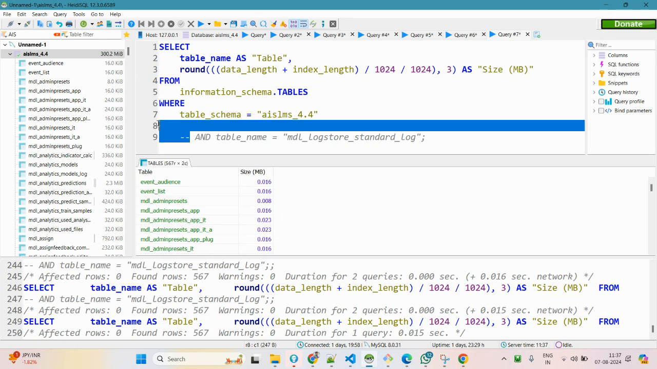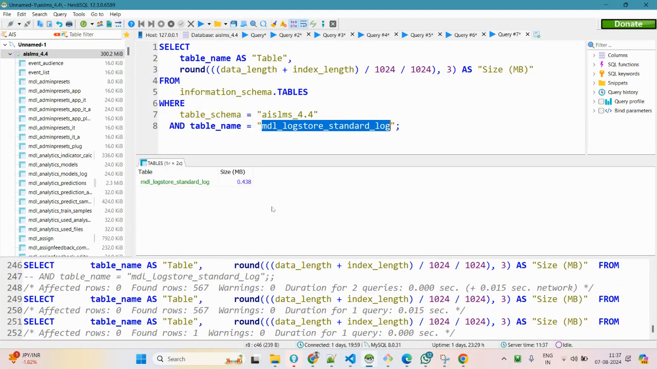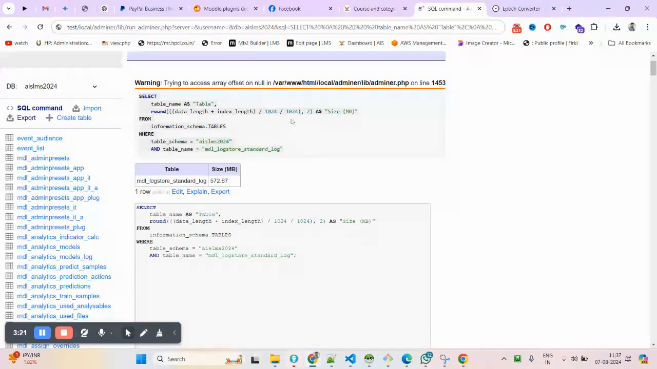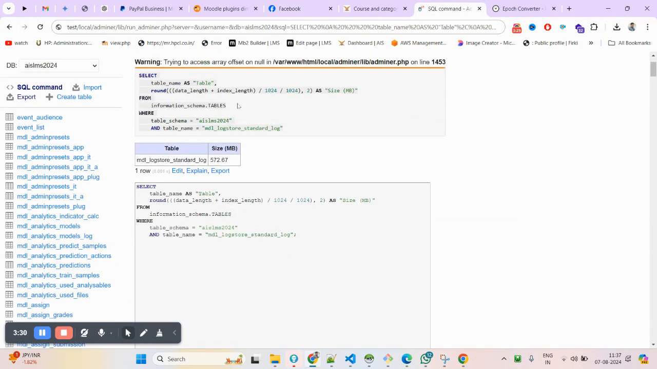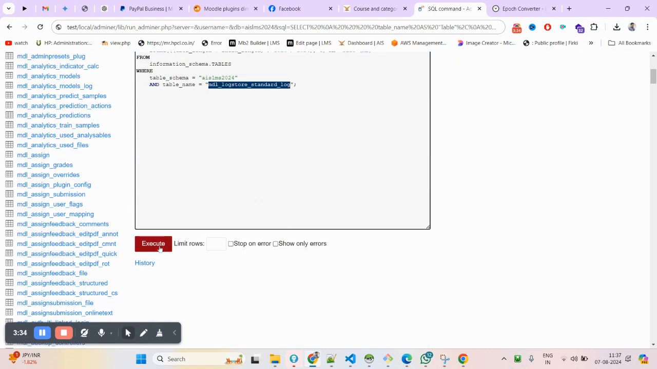So for getting any particular one, you'll have to put the condition here like this. I have put in this table name. Now let me try checking the same thing on the server. Yes, I have a database here, and I am going to check the size of this particular table only on this live database. So if I execute this,